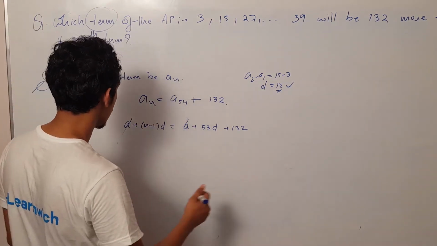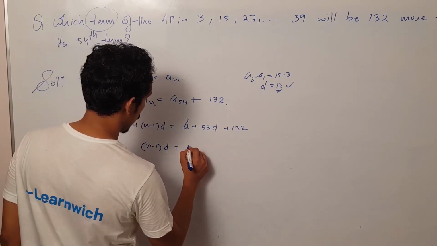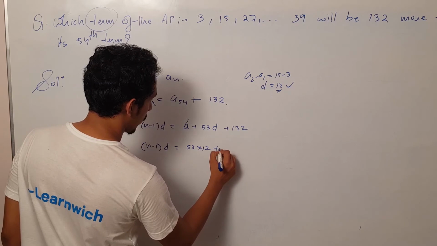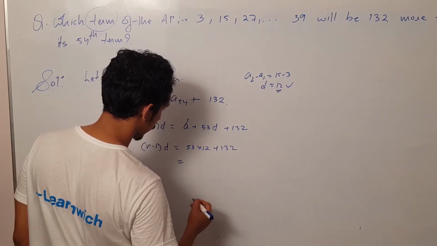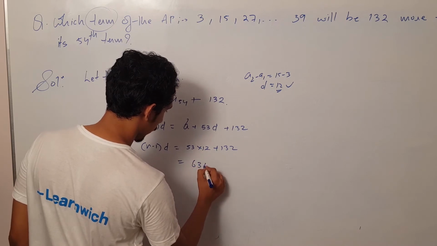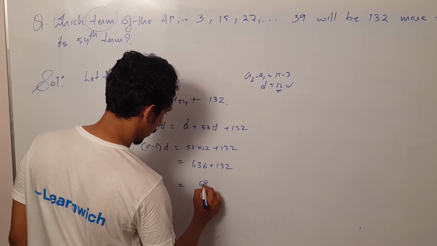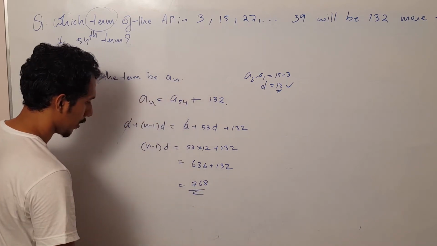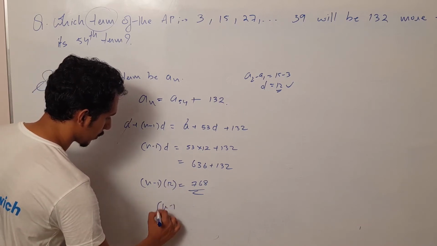So a cancels, so you get n minus 1 into d is equal to 53 into 12 plus 132. 53 into 12 is 636, plus 132. So the answer will be 768. Okay, that is n minus 1 into d. What is d? 12. So n minus 1 is equal to